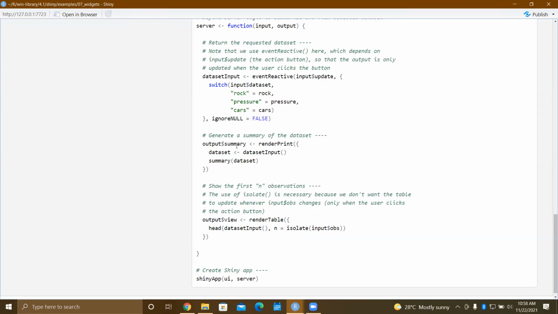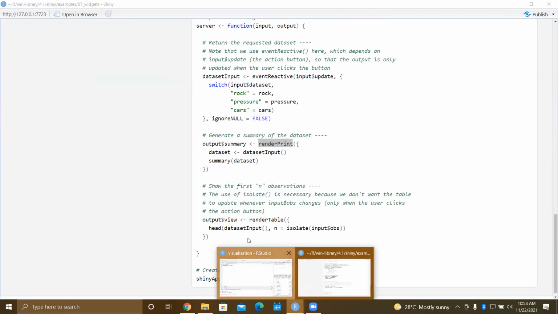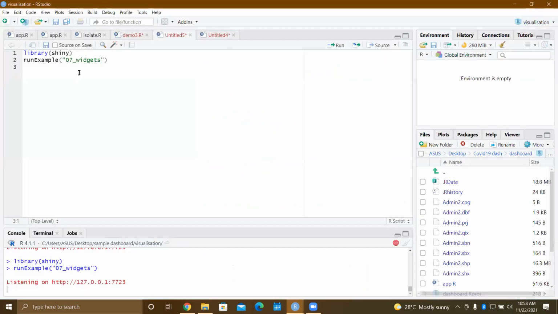In the summary, render print is what you need to print the data as it is. Let's show something, say the summary of cars.